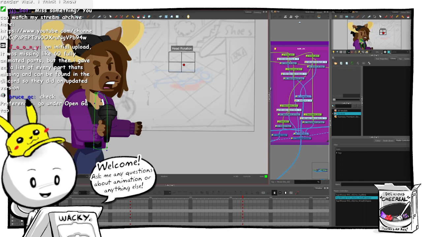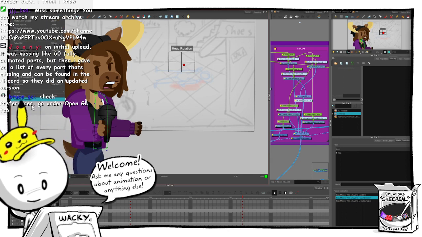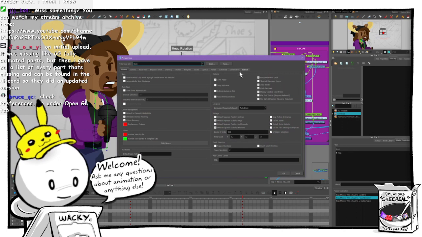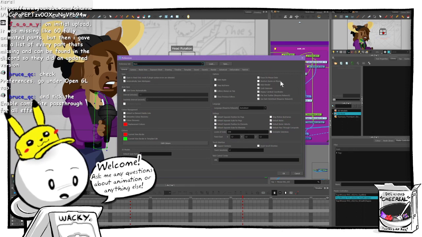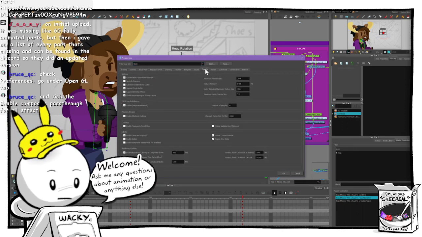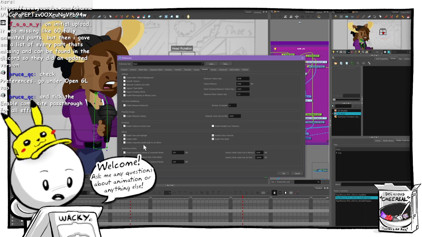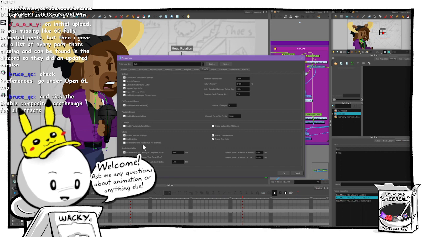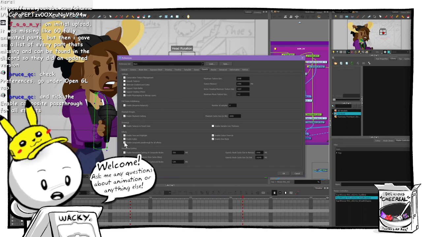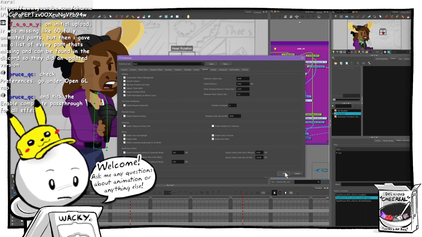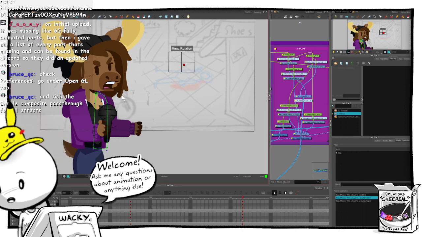Check preferences, go under GL tab. Open GL. Is it this? Enable composite pass-through for all effects? Interesting. I did not know about that option.